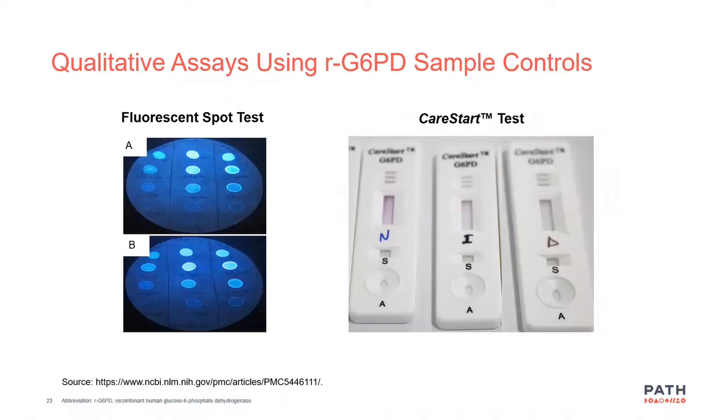activity. On the left side of the screen is the fluorescent spot test, and if you look there, the test is divided in thirds. So the first third is 0 minutes, the middle third is 5 minutes, and the last third is 10 minutes. So the top row then is the commercial control, the normal control, showing at 10 minutes it's bright. And the second row is my lyophilized control, showing it's a normal control. It's comparable to the commercial control. The third row is showing intermediate activity, and you can see it's fluorescent. And the fourth row is showing deficient activity, showing it's dim.